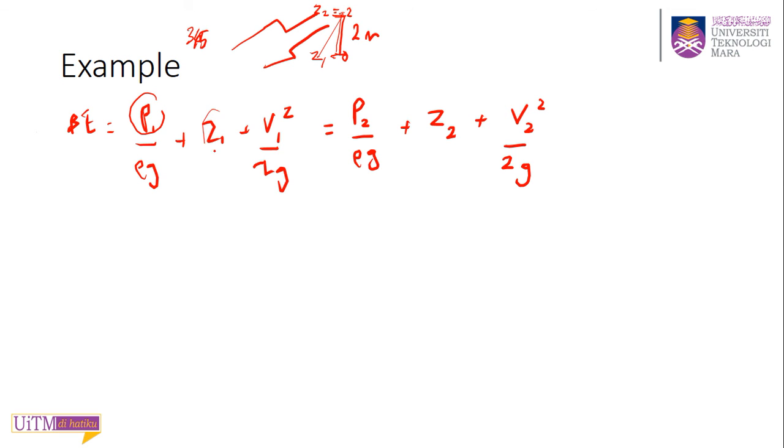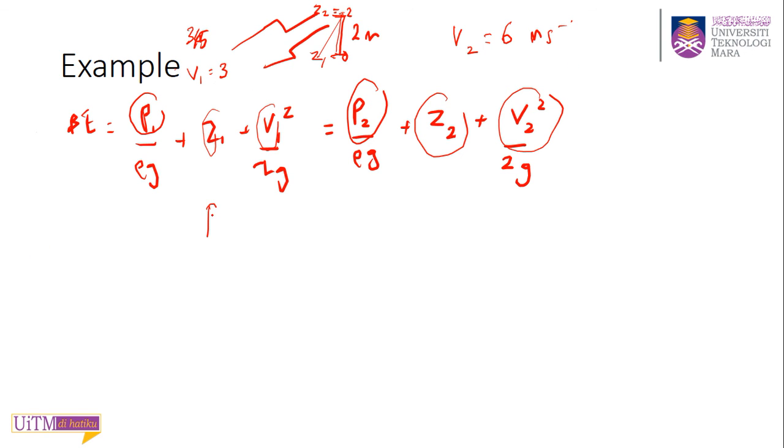Okay, so you have your Z1, you have your V1, which the question gives as 3, and they want you to find P2. You have Z2 is 2, and you also found your V2, which is 6 meters per second. So you have everything, so you can find your P2. Right? You just rearrange this equation. Don't make mistakes